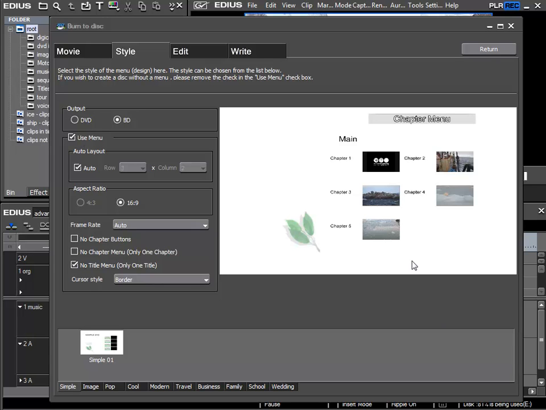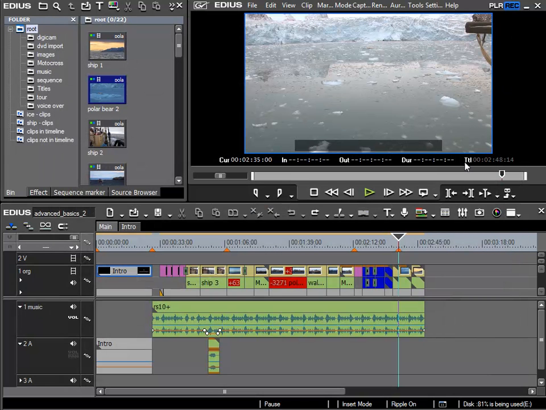I'd like to point something out in relation with the burn to disk function and the creation of chapters. To do this, I'll leave the burn to disk dialog. I'll click on the X up here. And now we're back in my sequence, and I can see the sequence markers that we created for the specific